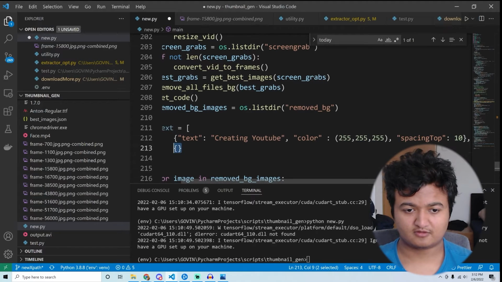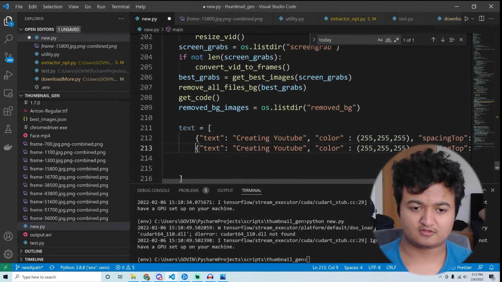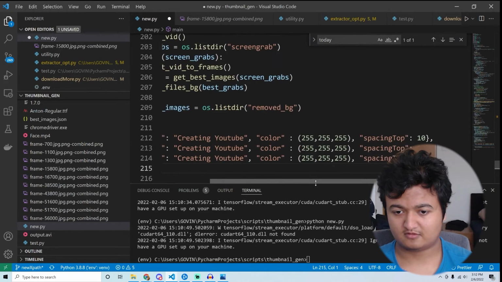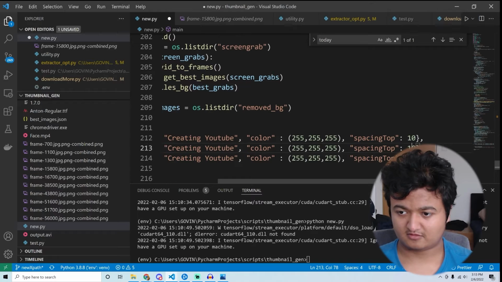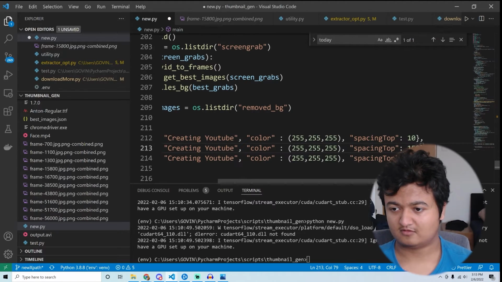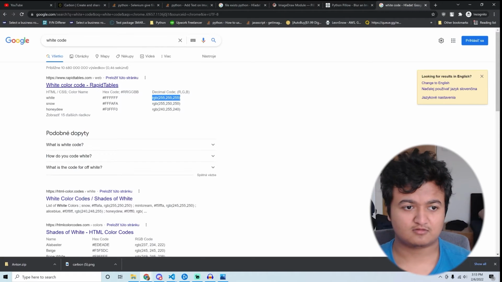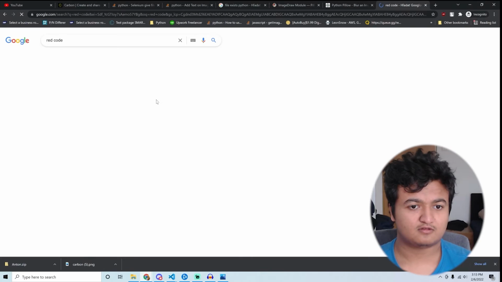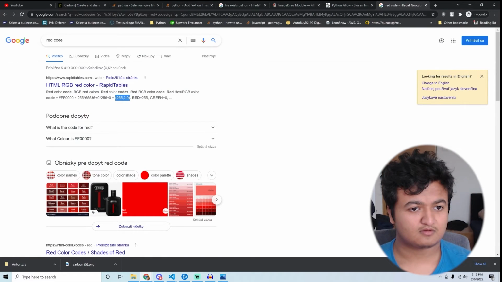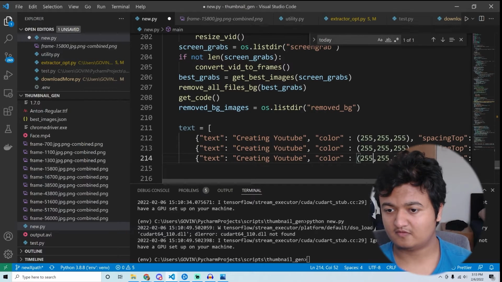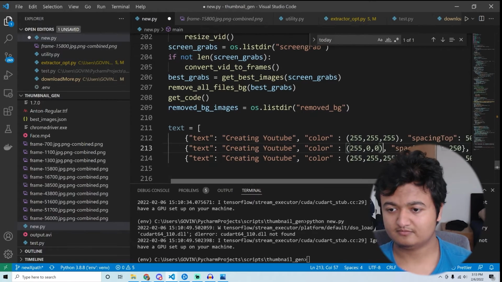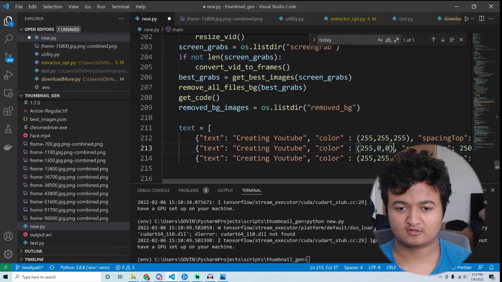Let's do the same thing for this one. So the things I want to customize is this thing at the top here. So this one needs to be like 100, so it could be like 200, maybe this will be like 150. So this will be 50, this will be 250, this will be 500, and then the middle one, it will be red code. So it's 255, blah blah blah, and this will be